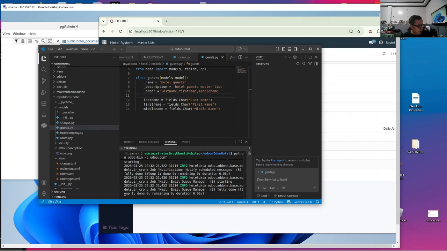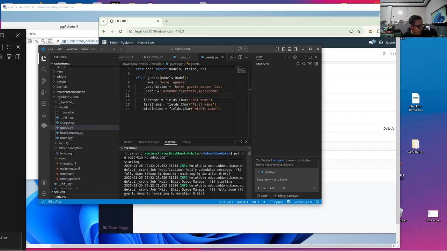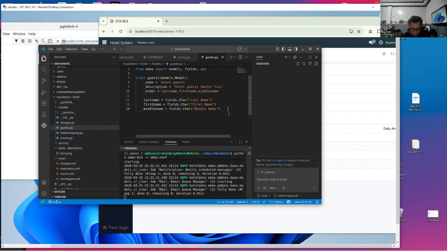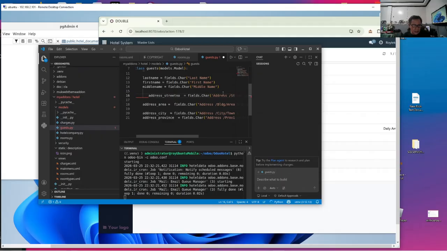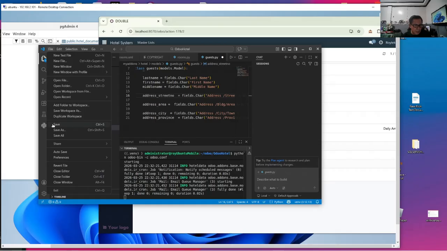And then we are going to provide the address fields because guests have addresses, so we'll just have to do some indentation. Okay, there's a red squiggly. A wrong indentation will create that red squiggly and it will not compile properly.